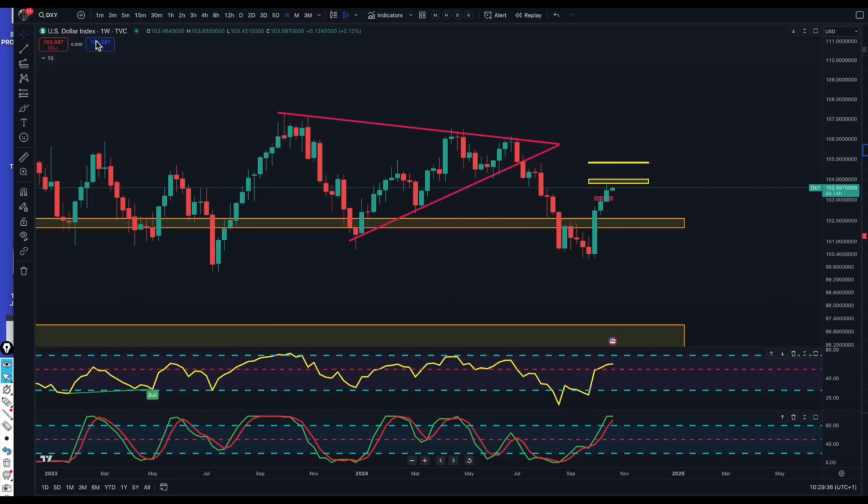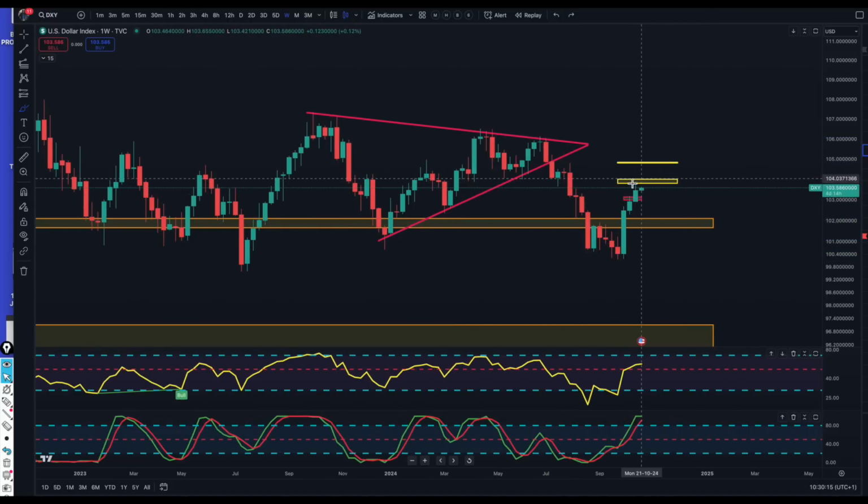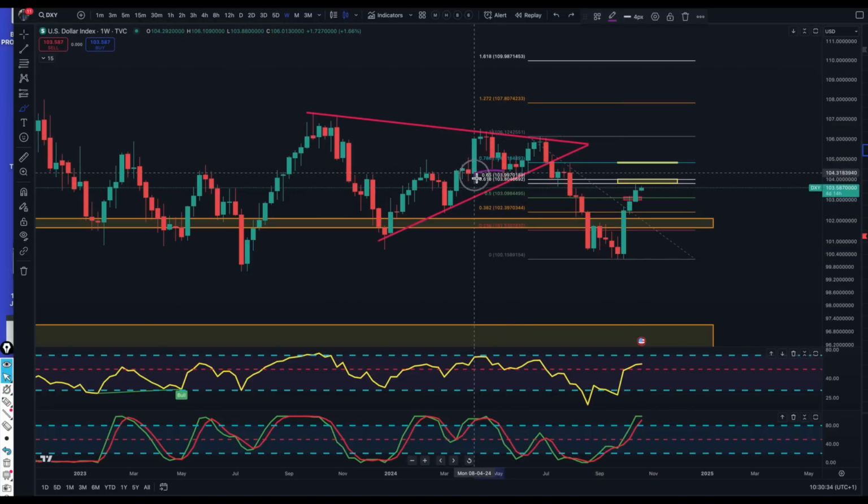We'll move on to the dollar, because the dollar has an inverse relationship to the wider markets, but something rare is taking place at the moment. While the dollar is having a counter trend rally up here after a very big fall over the last many months, this was a counter trend rally that was quite well expected. When you do the Fibonacci retracement from the top here to the bottom, we can see that the dollar has come up to the 61.8. It's come just shy of 104.